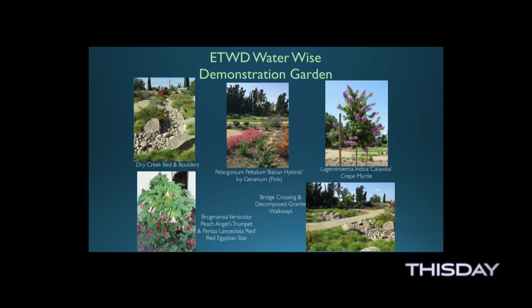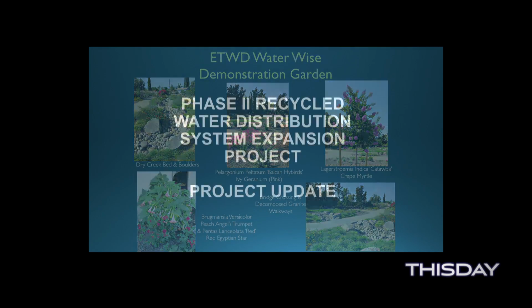So we'll not only have signage on the plants, but also on some of the suggestions for how to irrigate, because even though it's drought tolerant, they still require some water. Yeah, they do. Now we're going to move on to an update of the recycled water district system project,